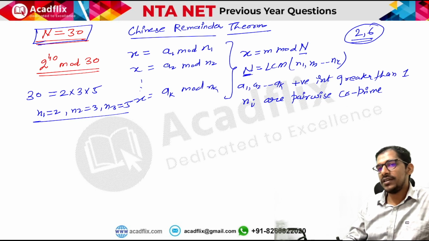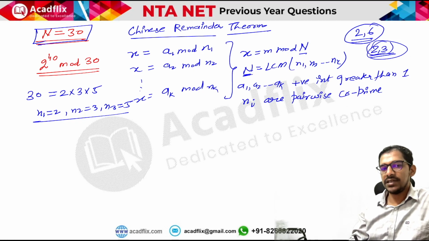So there should not be any other number that can divide these two numbers. For example, 2 and 3 are co-primes because the number which can divide these two numbers is only the number itself or the 1, right? So the common divisor is 1 only. So the common divisor of the numbers should be 1.